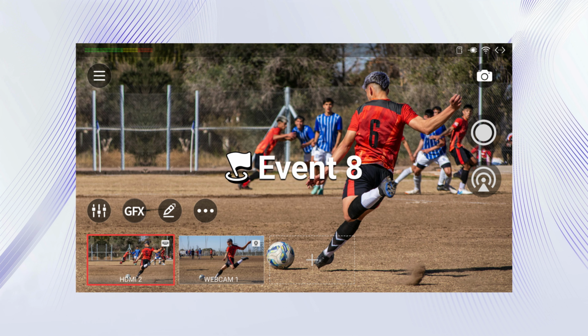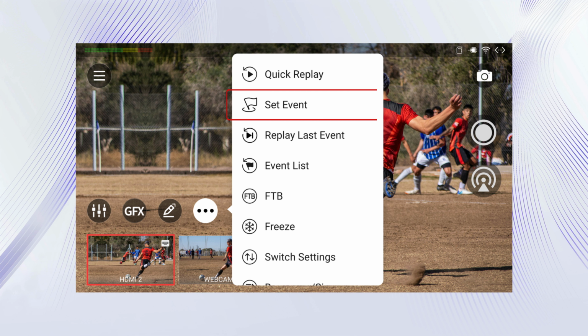In addition to quick replay, you can also set events first and replay them later. Double-tap the screen to set an event or tap Set Event in the More menu. After setting one or more events, tap Replay Last Event in the More menu to replay the most recently set event. Tap Event List to select multiple events for replay, and you can also enable loop replay for these selected